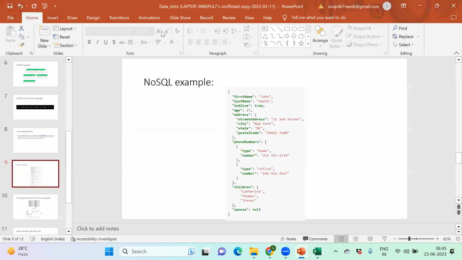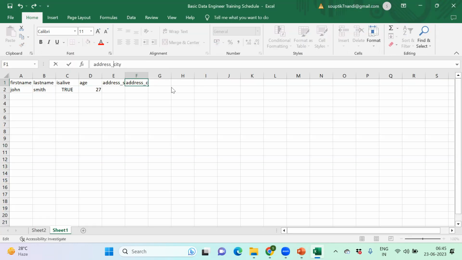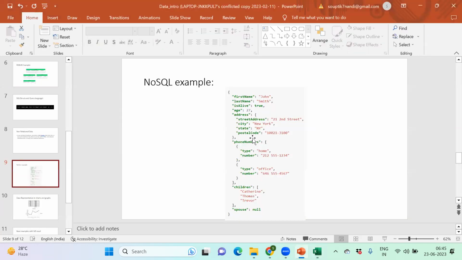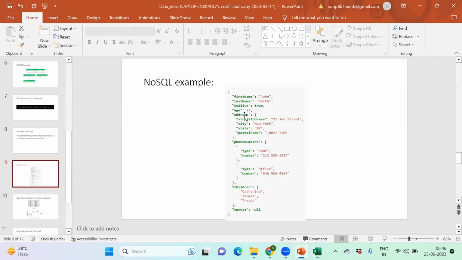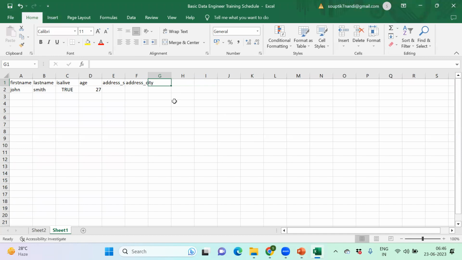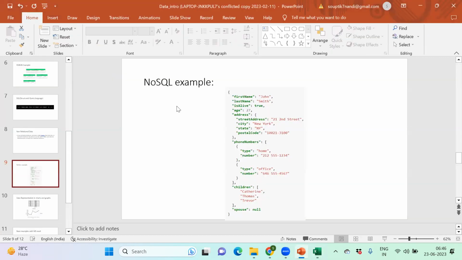I have to break it up. I need to parse the JSON and bring those things into columns. So address, street address, city, state, postal code. This kind of hierarchical structure is not easy to maintain in a relational database. We need to break it and maintain it in a single columnar structure.